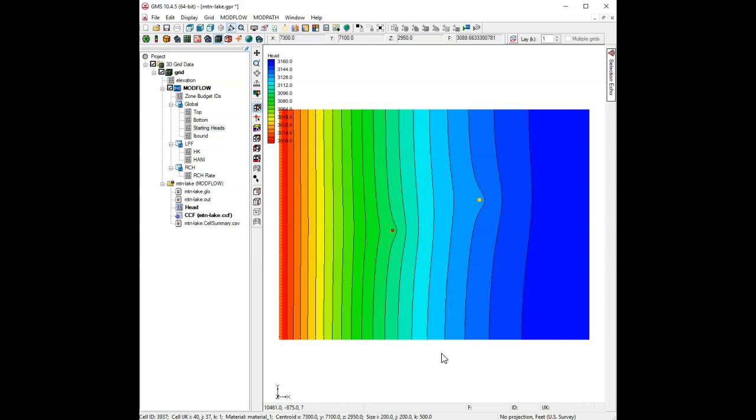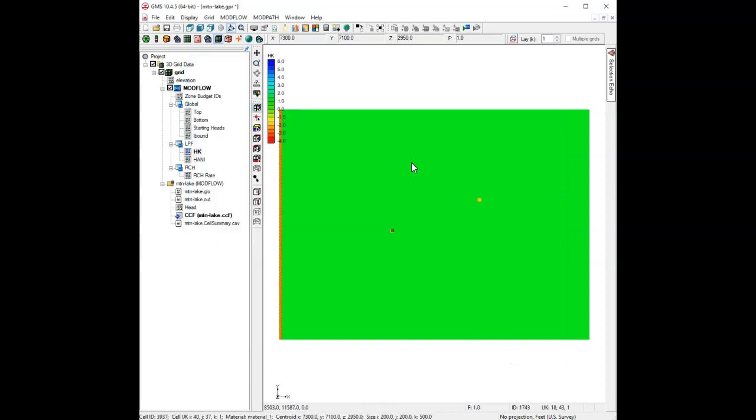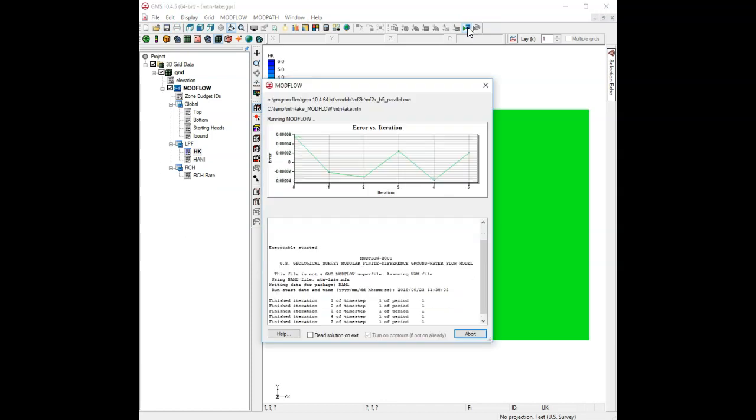Let's see. We could play with the hydraulic conductivity a little bit. What would happen if we decrease the hydraulic conductivity by a factor of 2? So let's go in here, and I'm going to double click. I'm going to change that from 2 to 1, and we'll see what that does to our cones of depression. So we'll save that and rerun the model,